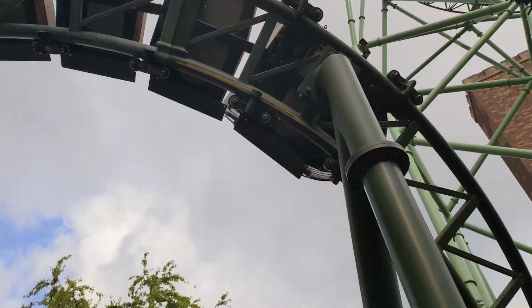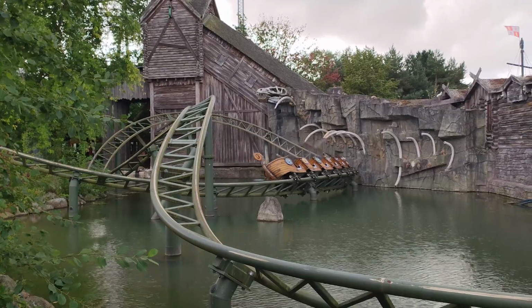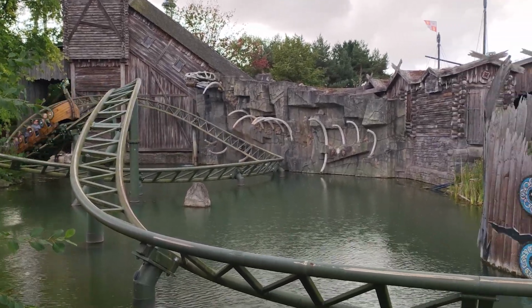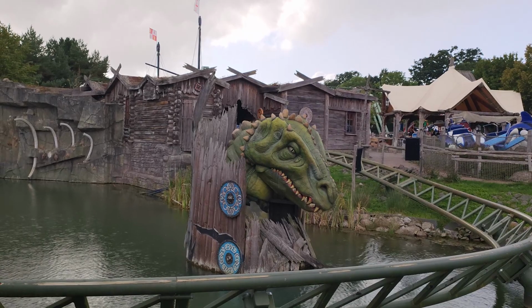Nearby is the wonderfully themed family coaster, Schlange von Midgard, which is a Viking theme and is beautifully detailed. It looks great as it flies over the water, and may be a good place to start if you're not brave enough for Karnan. They could maybe have synchronised the serpent's head a little bit better though, as it seems to move only after